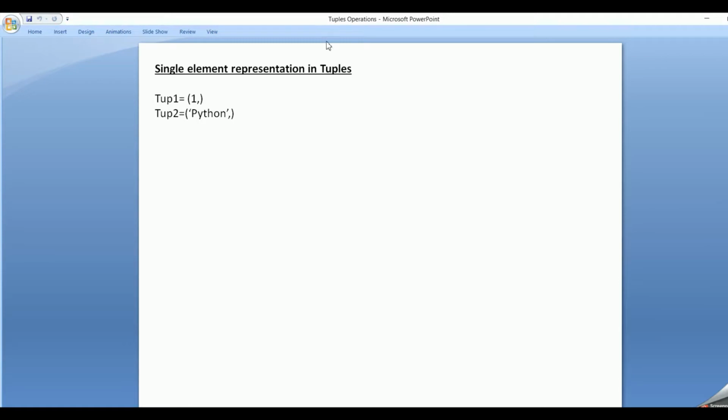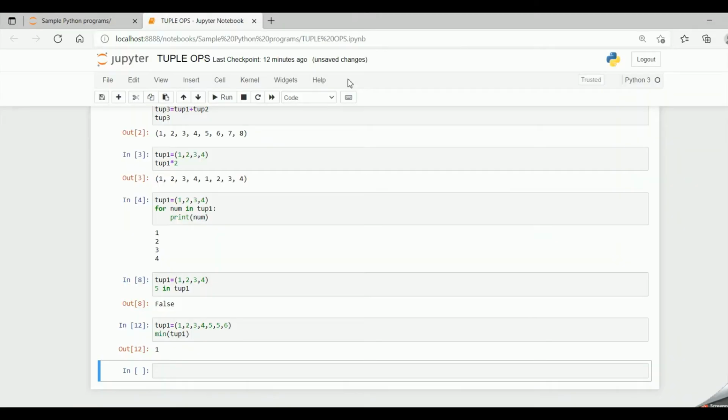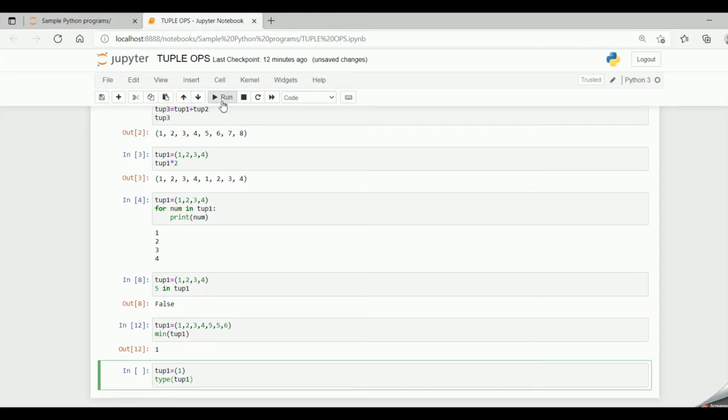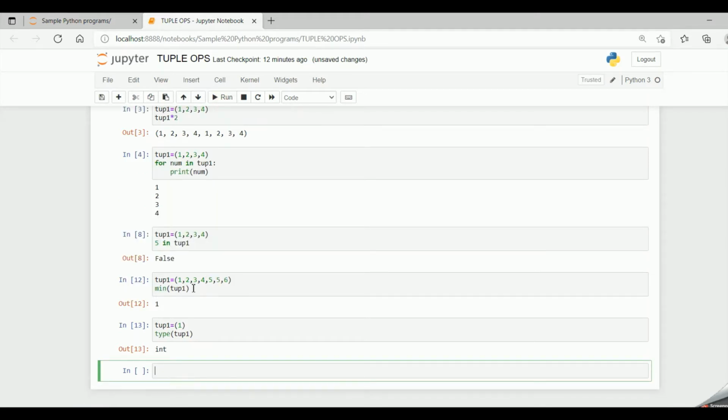Now how to represent a single element in tuples? We had seen it earlier also, I am just going to recap it. Suppose I say tuple 1 is equal to 1, and I don't specify a comma. Now if I say type of tuple 1, it will return it as an integer because it's not treating it as a tuple,